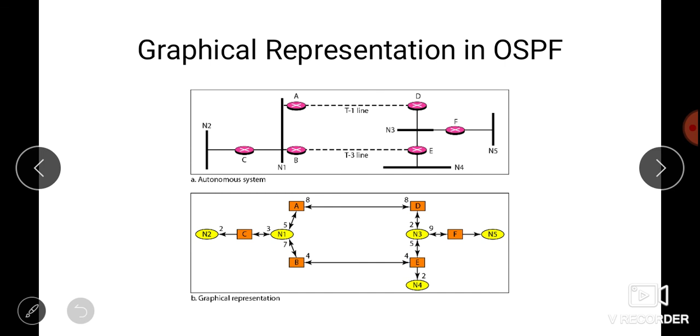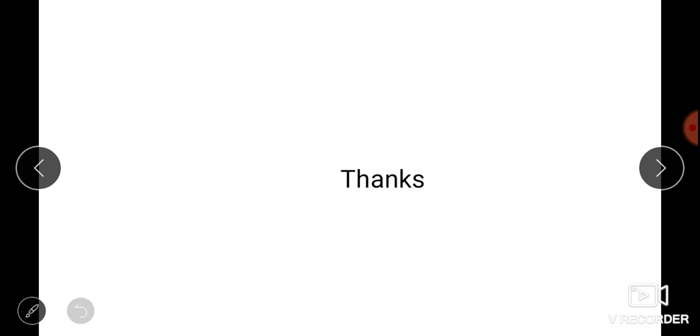Here we have three stub networks, because each is connected to only one router: 1, 2 and 3. Okay, so this is a graphical representation of OSPF. Okay, so thank you so much.